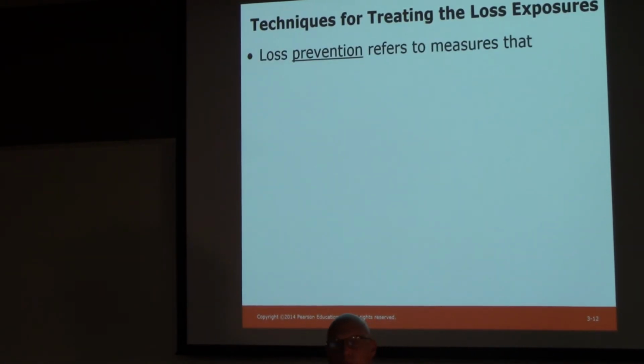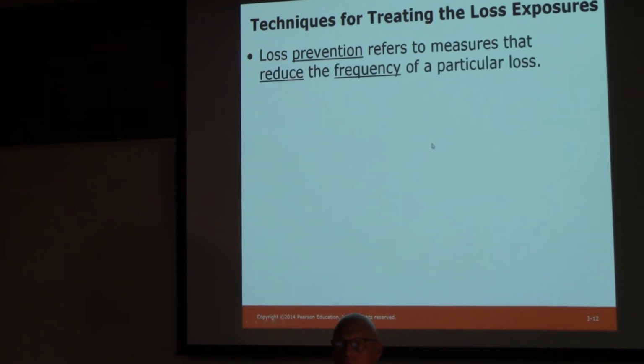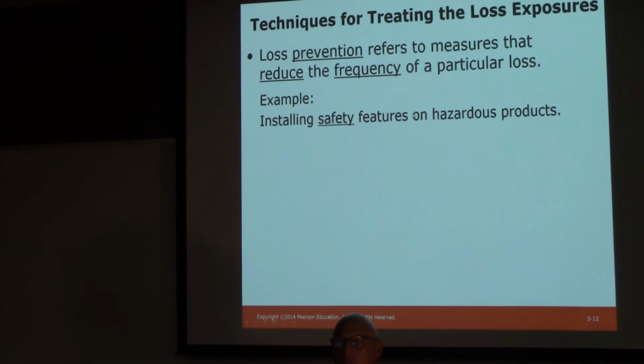All right, loss prevention refers to measures that reduce the frequency of a particular loss. What can we do to cut down on the number of losses? An example would be installing safety features on hazardous products. If you go to Lowe's to have a piece of lumber cut, then first of all, you have to stand, as the customer, a good distance away from the